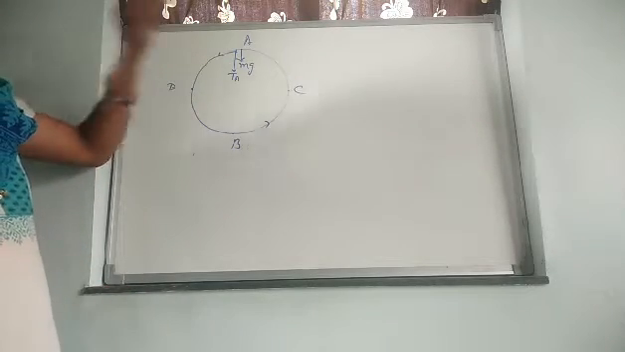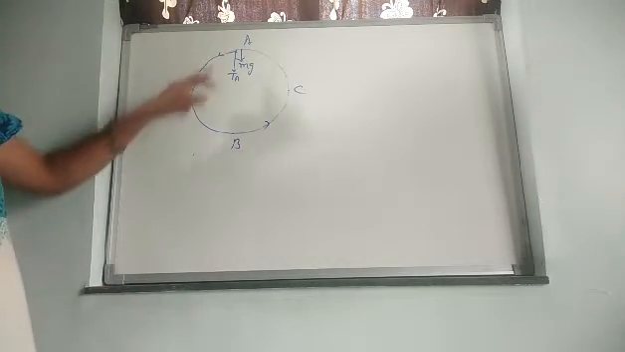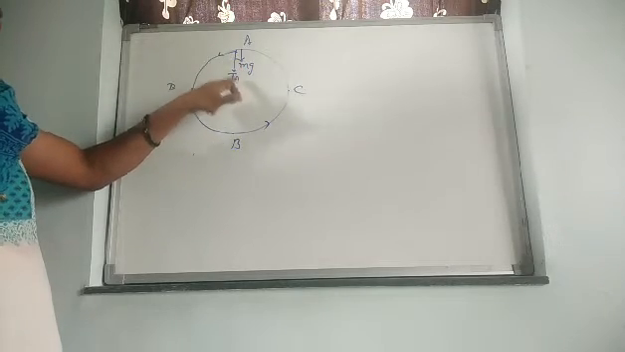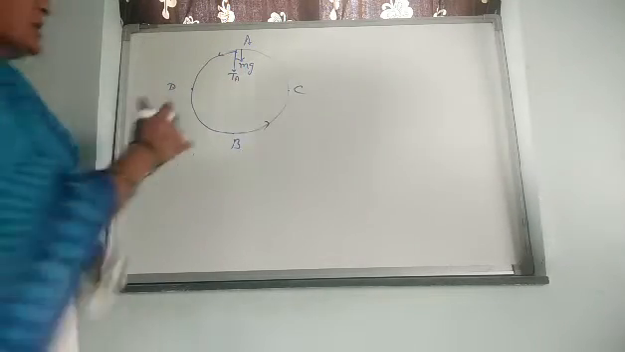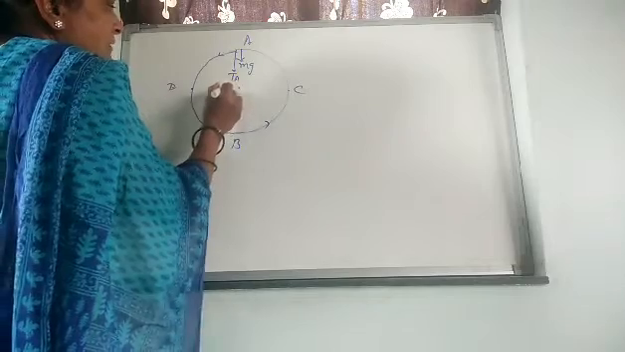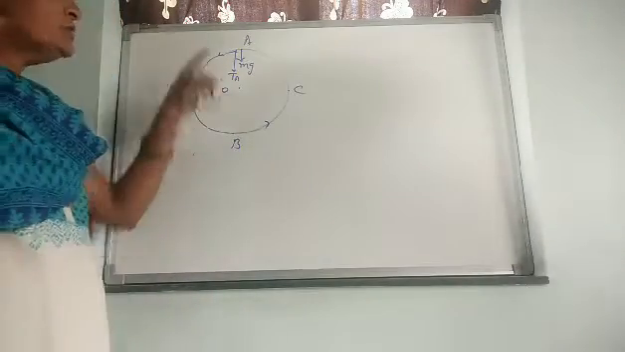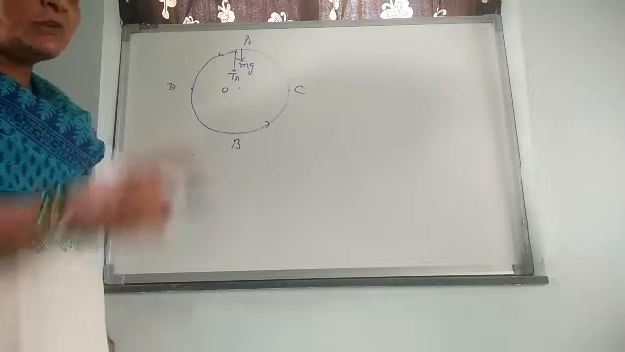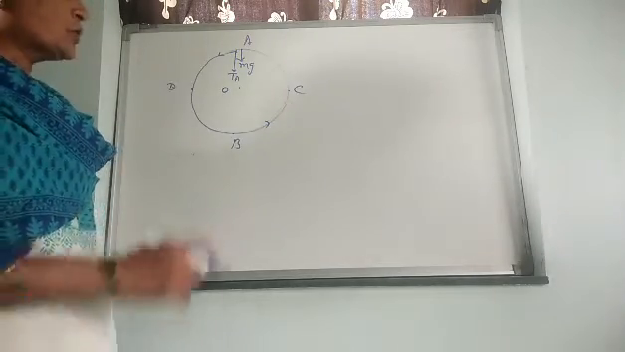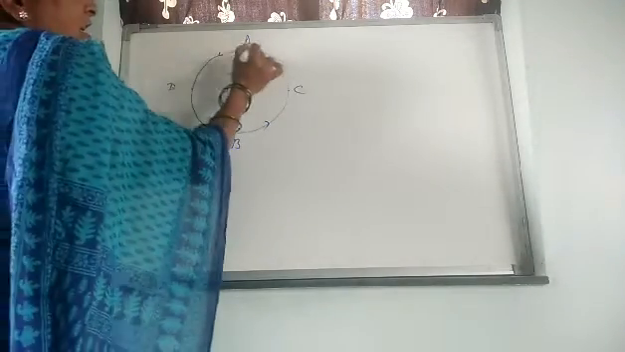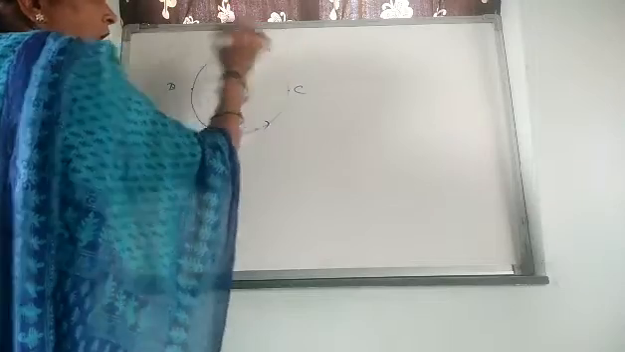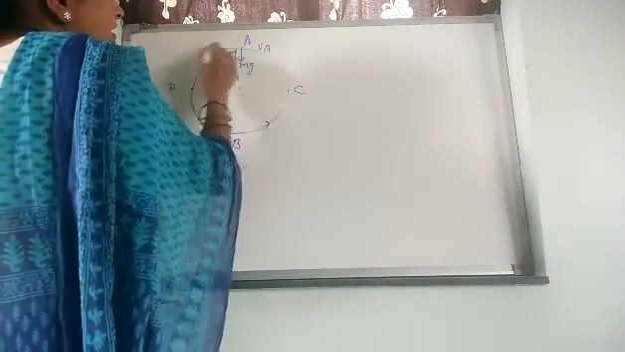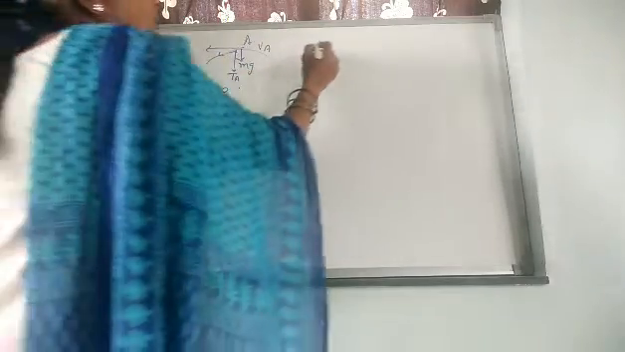Now here, at uppermost point A, suppose the forces acting are its weight mg, that acts in the downward direction, and TA is also in the downward direction. This is the center point O. Now here, the resultant of these two forces provides the necessary centripetal force for vertical circular motion. If VA be the speed or velocity at this point A, then with the help of this, we can write